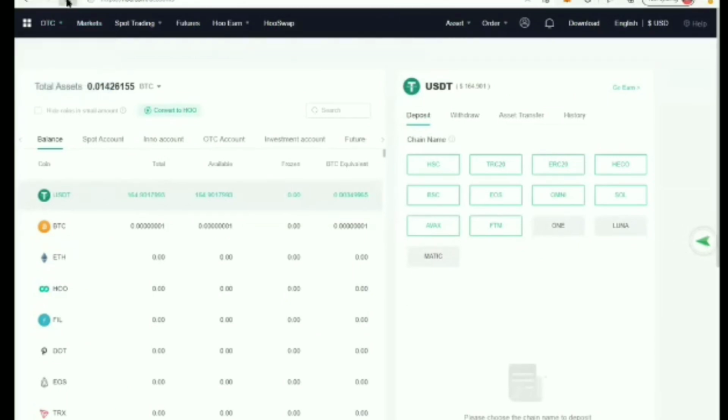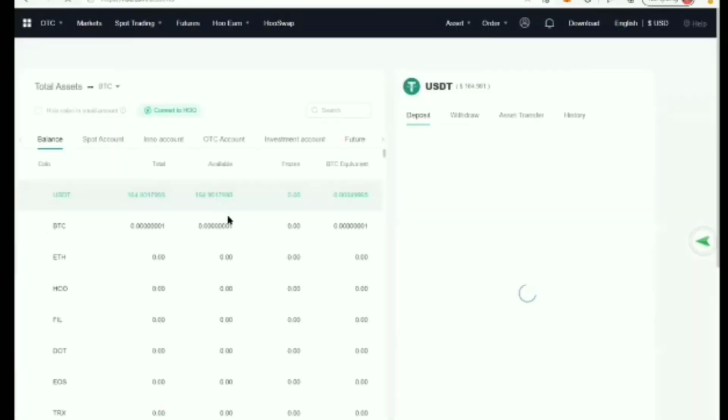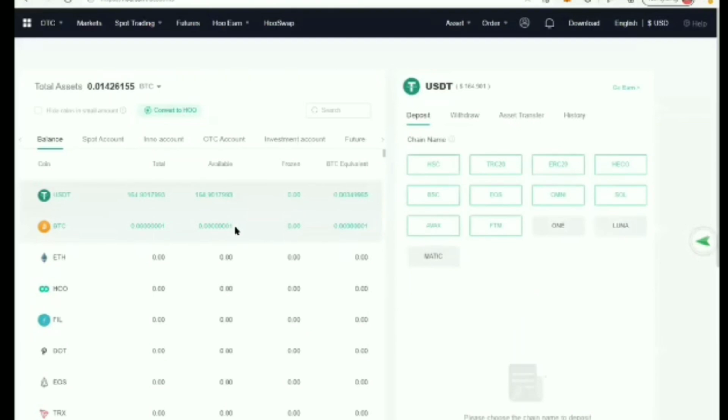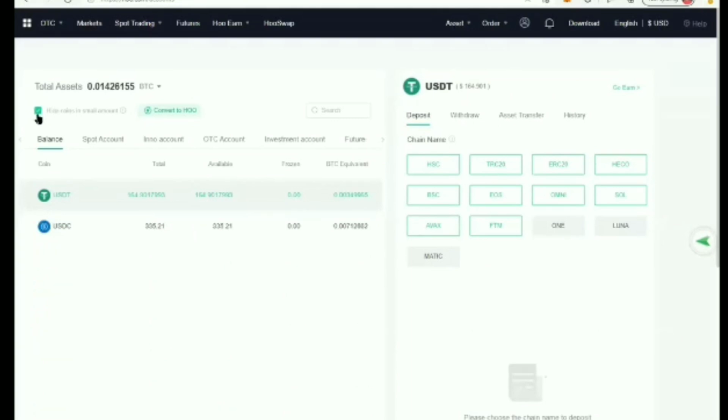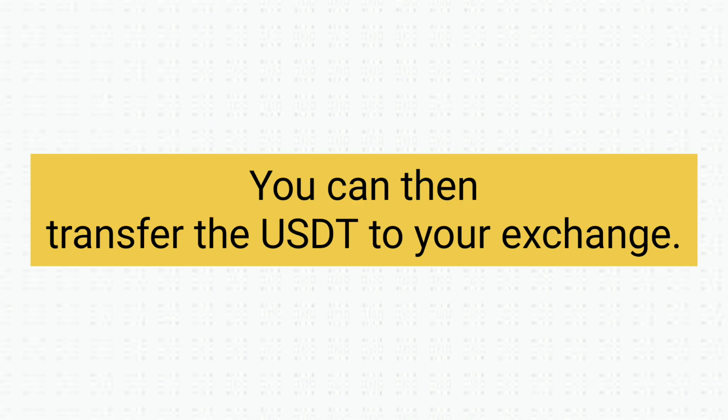All these platforms, you do have to do a lot of refreshing. Okay, I'm still there and I don't see it, so I'm going to hit hide coins in small amount. And there we go, there's my USDC. All right, folks, so I have traded my MOF to USDT, and then